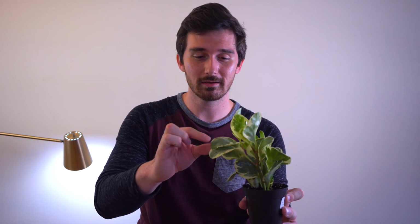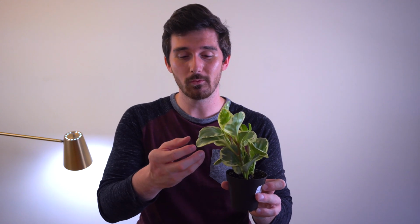But I got this guy because of the variegation in his leaves. I just thought it was beautiful, and I wanted something like this. Instead of having just a flat sea of green, I wanted some variation, and that's where the variegated plants come in. This guy, I'm probably going to keep him in his planter pot as long as I possibly can,